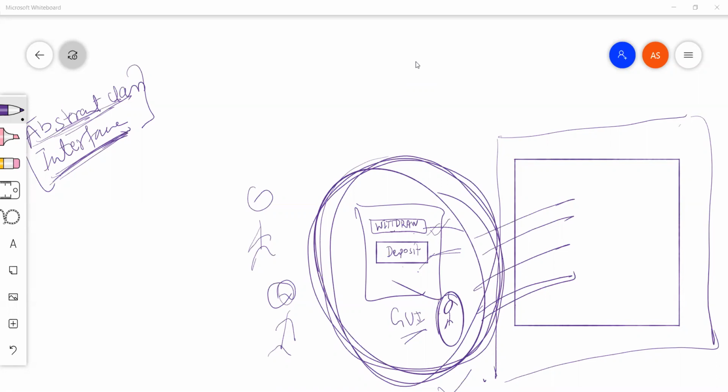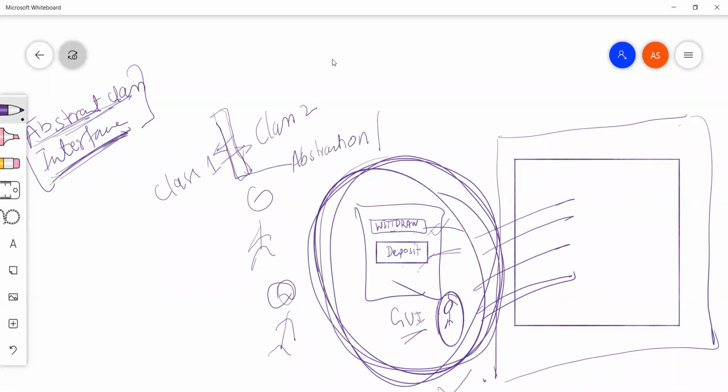Similar things will happen when we come to the code level. There will be class 1 and class 2. These classes can communicate with each other, class 1 with class 2 and class 2 with class 1 directly. Then there will be a concept called abstraction at the code level.